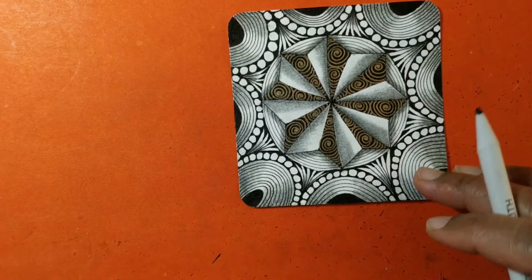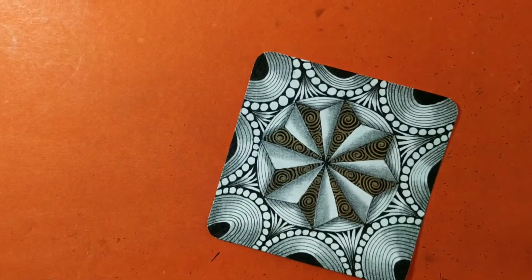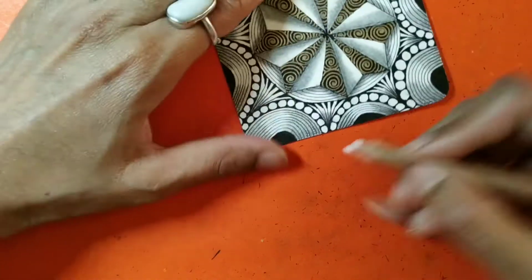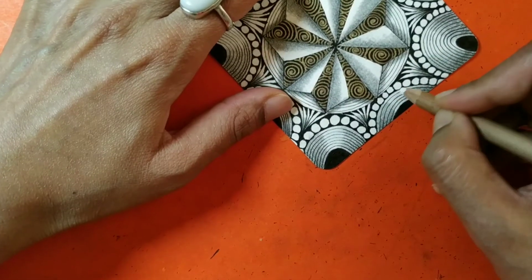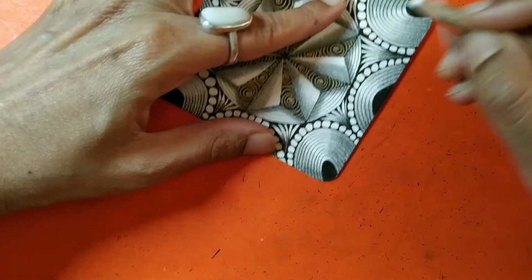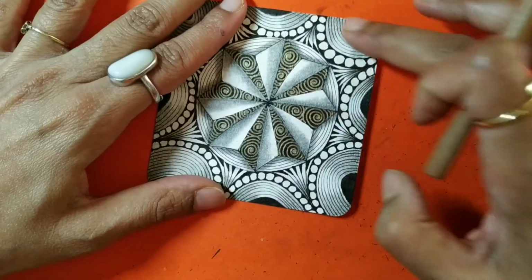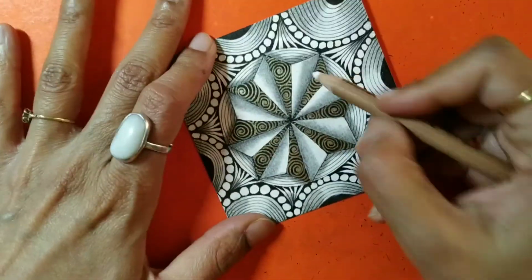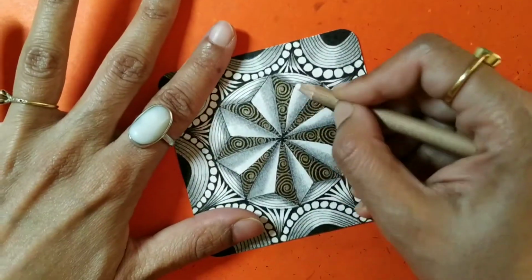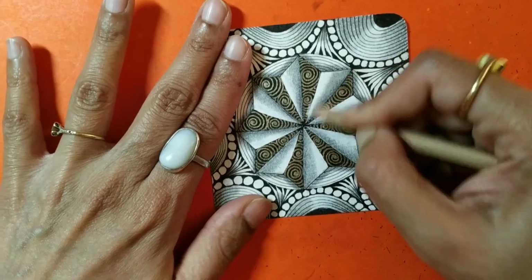So this is it, and just a highlight with the white charcoal at places where there is no graphite, just to re-emphasize the highlight, although it is already there. Charcoal brings it out a little more, right? I generally use my hands to just brush off the excess, and you can also add some here on one side if you wish to, just to bring out the white a little more. It's optional,